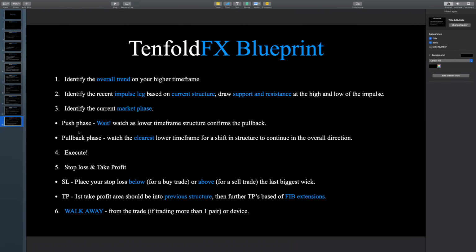And lastly, this is so important. You need to learn to walk away from the trade. Once you have your entry, stop loss is set, take profit is set, and you don't plan to trade any other pairs or whatever the case may be, you can legit just close your laptop, close your phone, and carry on with your day. If your setup is based off of the H4 time frame, come and check your trade after 4 hours. If it's based off of the H1, come and check your trade after 1 hour, and so forth. Okay, if you are trading more than one pair,